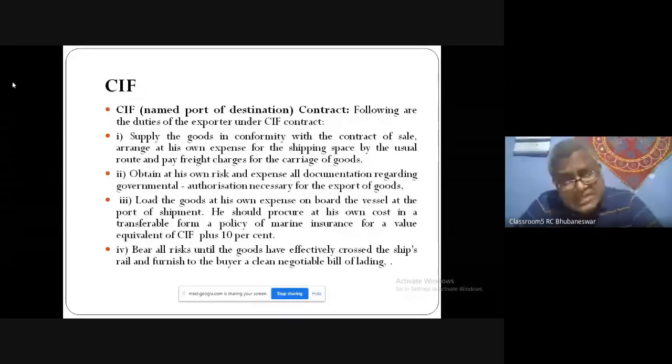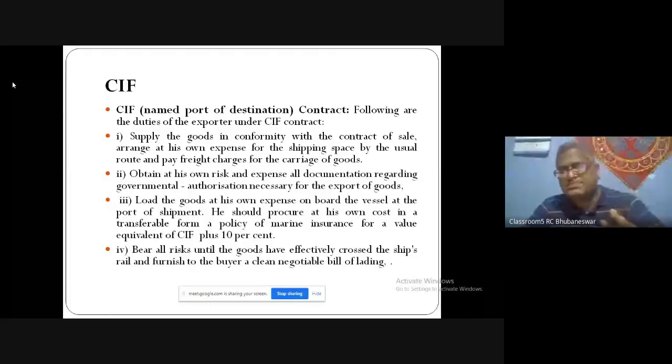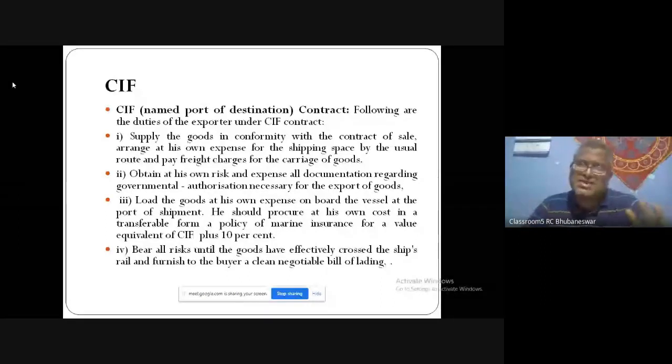And sometimes some risk related to exposure or negotiation, that is, a clean negotiation of the bill of lading is there, but in other classes we have detailed discussion regarding the bills also. These are some issues related to the port of destination. Port of destination means it is near loading and related to unloading, ship to ship charges, route expenses, risk, documentation, authorization, insurance, vessel loading and the port of shipment